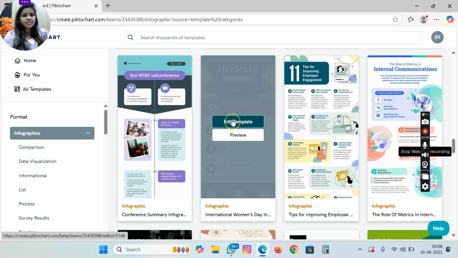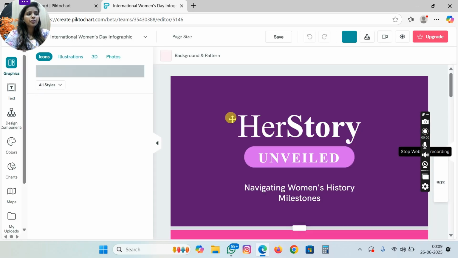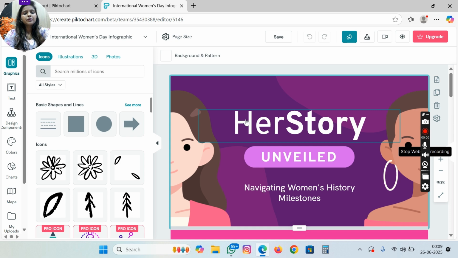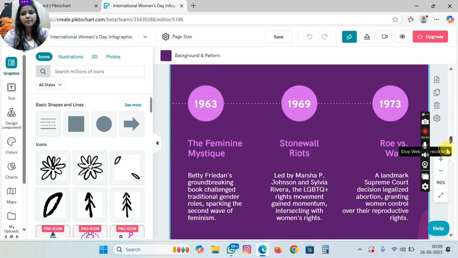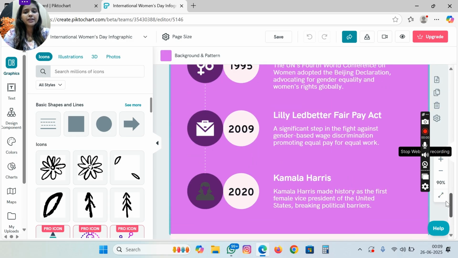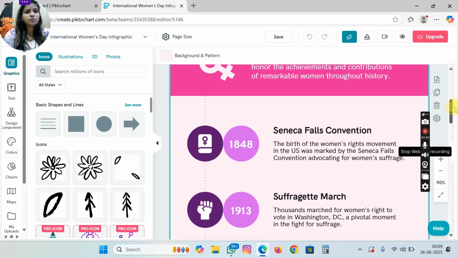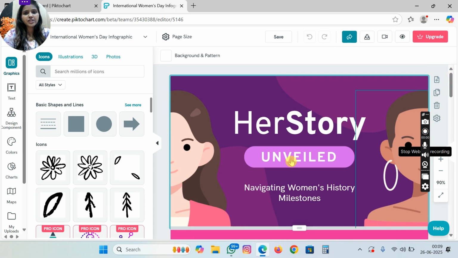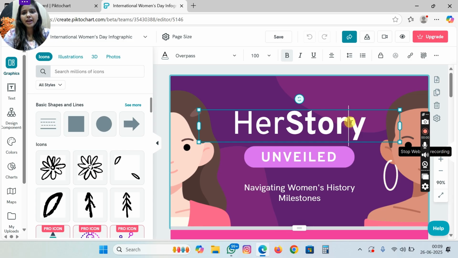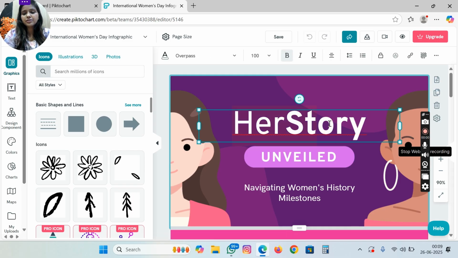You can click on edit template to customize it according to your requirement. So now this is a template. Whatever changes you want to make in it, it's very easy to make. First of all, let's assume I want to change this text. You will just click here and by double clicking in it, the cursor will be there.